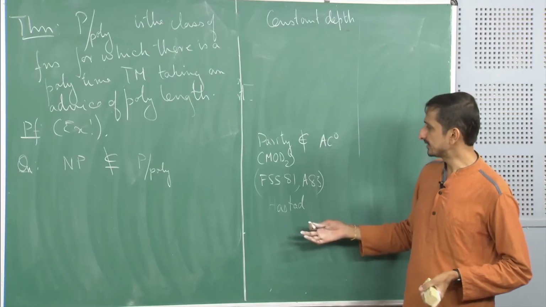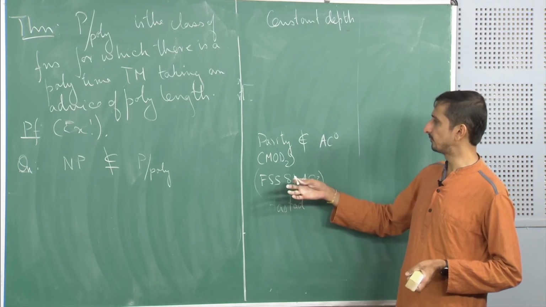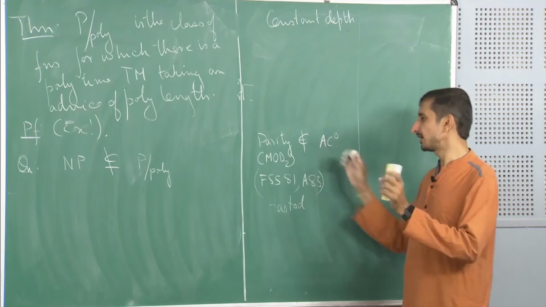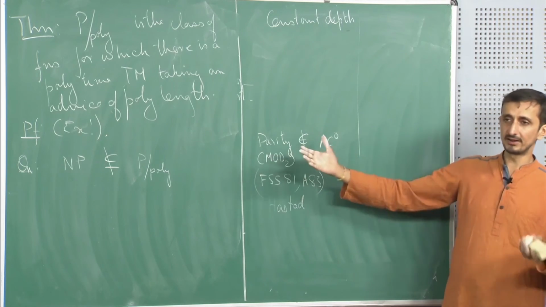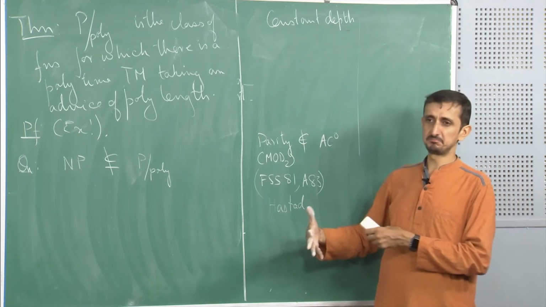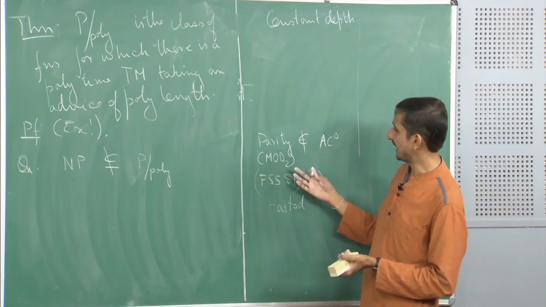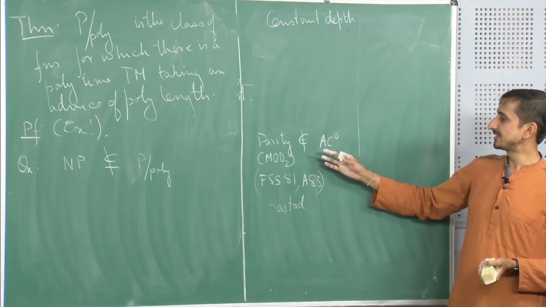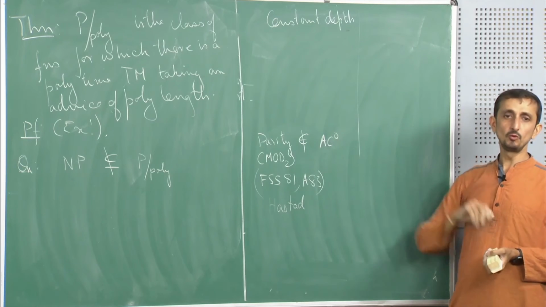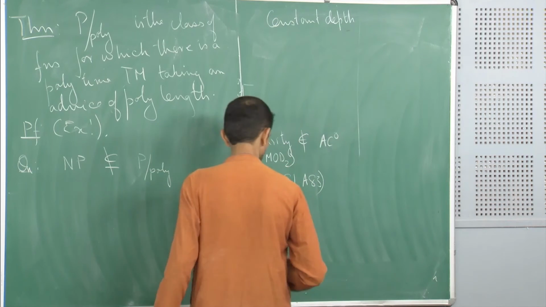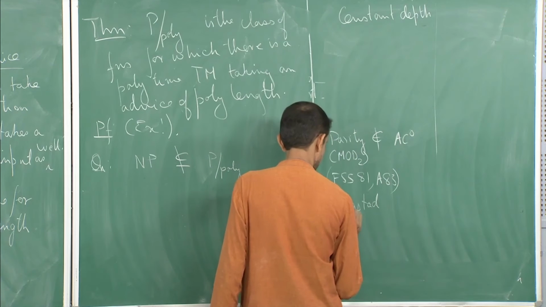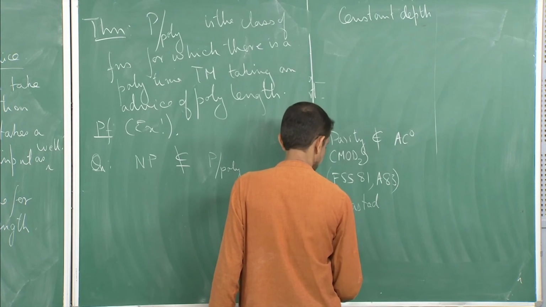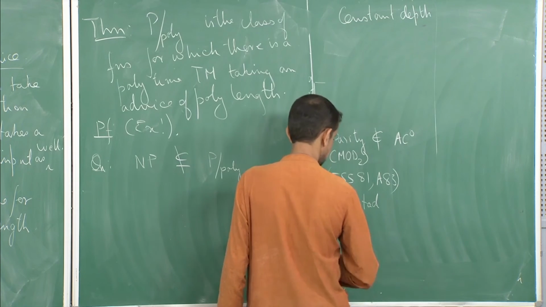So, then the question was what if we go beyond parity, or for example what if I look at functions which are more difficult than parity. For example mod 3, mod 4, and what happens if I give those gates for free to my circuit. So, what Razborov showed is that if I look at for example mod 3